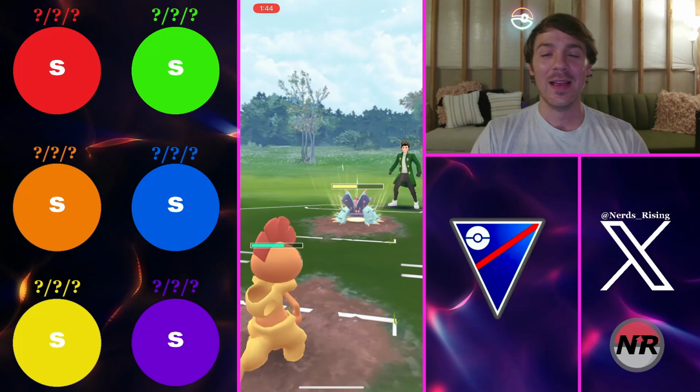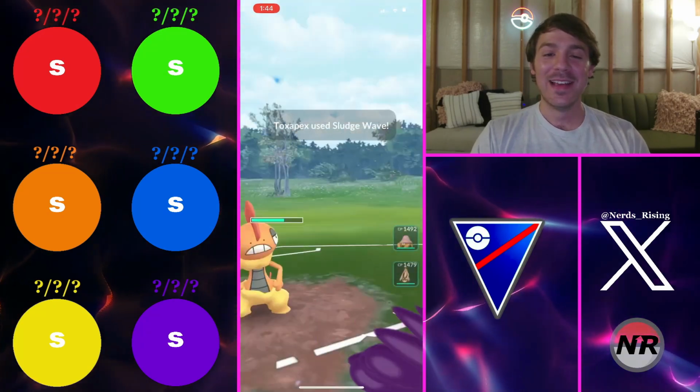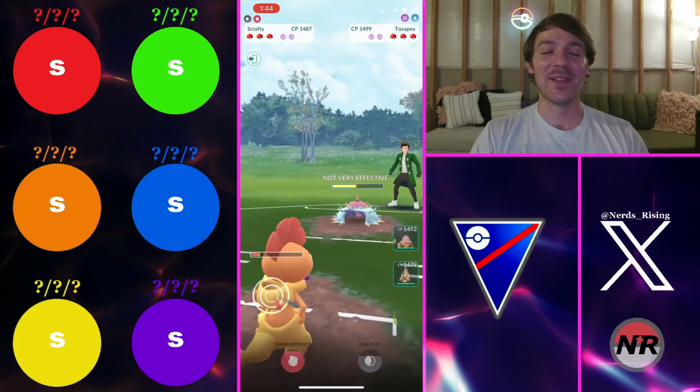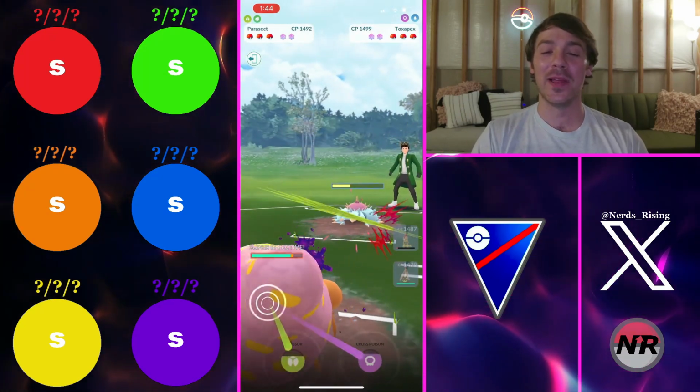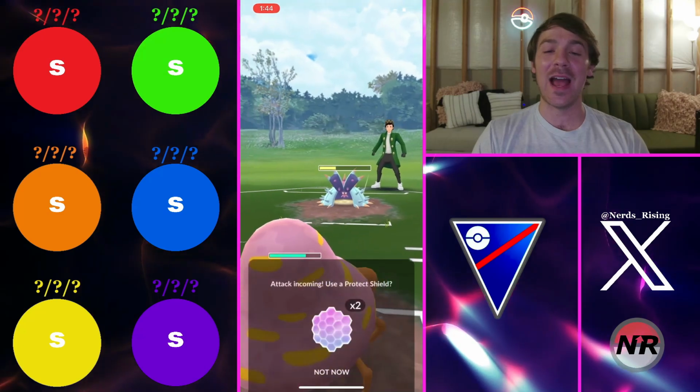What did he have in the back? I believe he had a Parasect in the back. Is that a Parasect? Yeah, Parasect. And it looks like Gourgeist in the back. So that makes sense why he stayed in there. Actually, he banks the Foul Play after getting this thing very low, and now he's actually going to bring in the